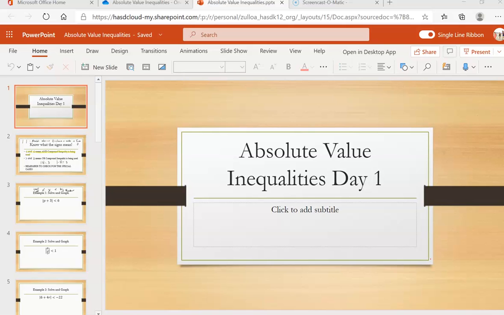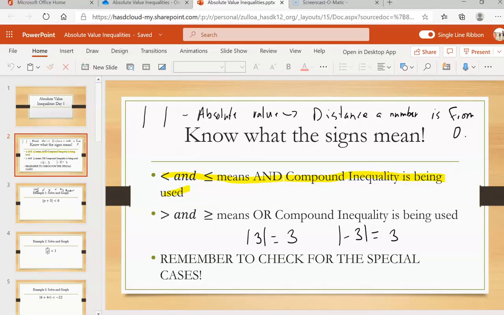Hey guys, today's a snow day, so I'm going to show you how to do absolute value inequalities. It's going to be easy problems today. What I want you to see is, I want you to look at this and you need to know